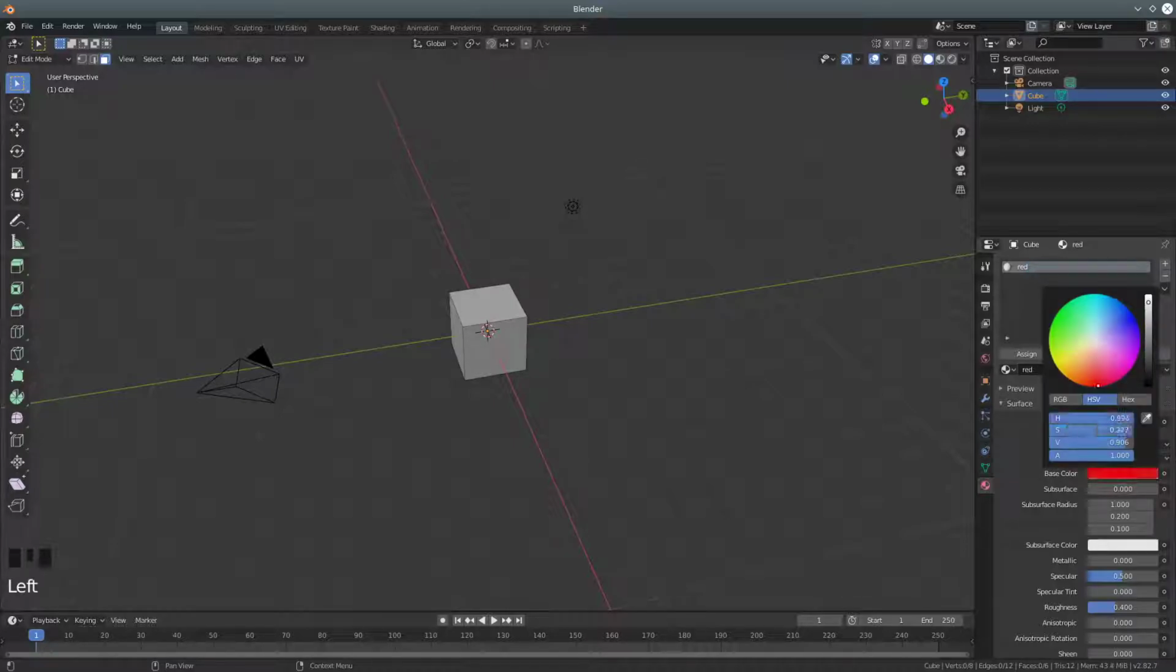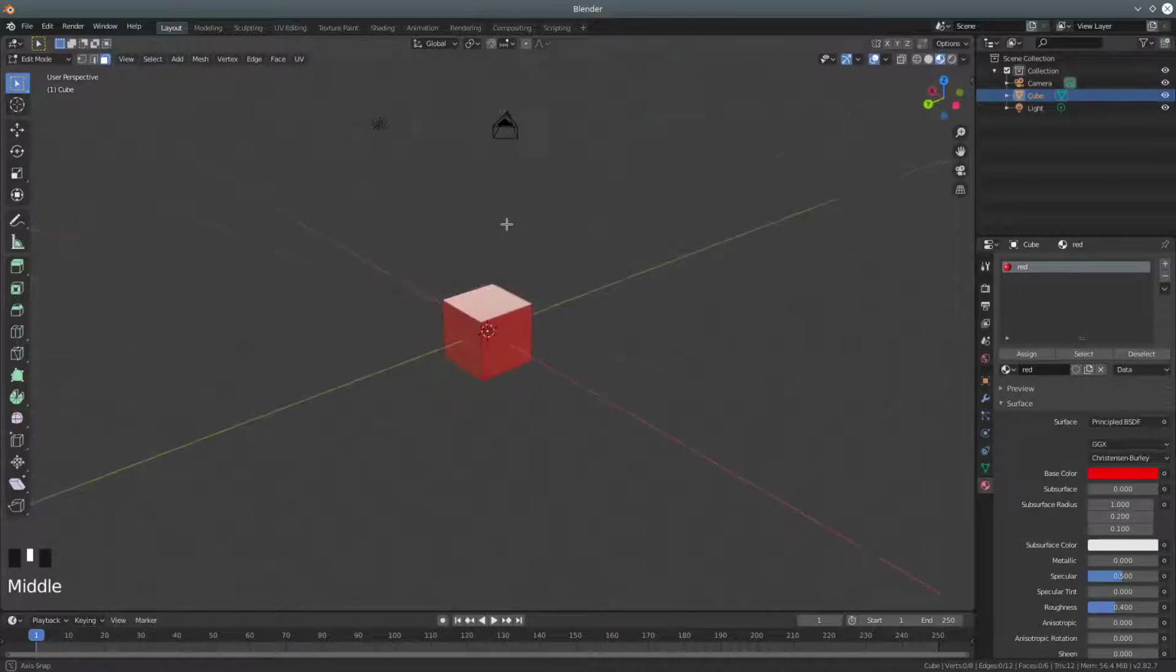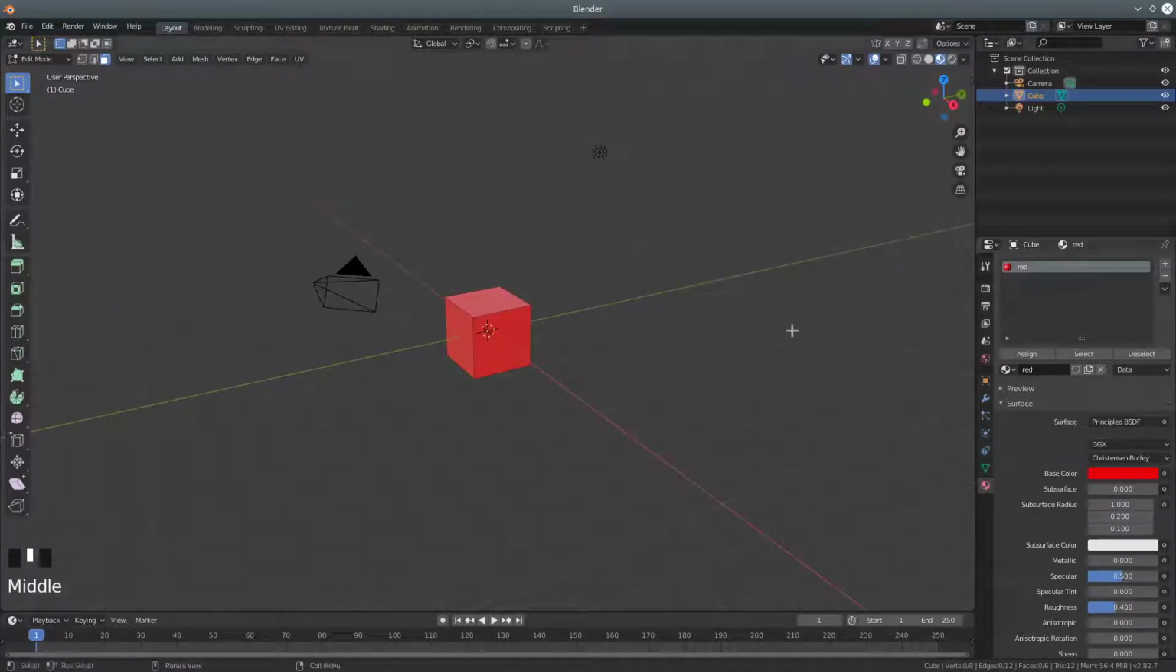So you can select the colour picker, go down to red, assign it, and you can now see, if I go up to my rendering viewport shading, you can see that the cube's gone a red colour. So let's say I want to add another colour to that. I want to make some of these faces a different colour. Then we can